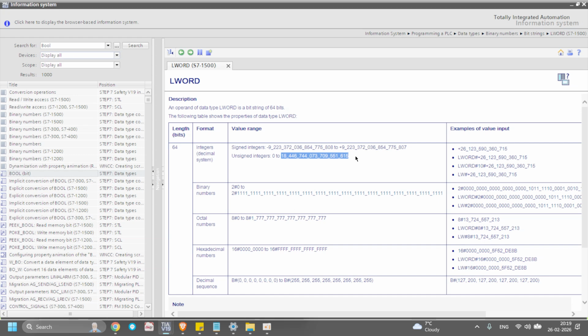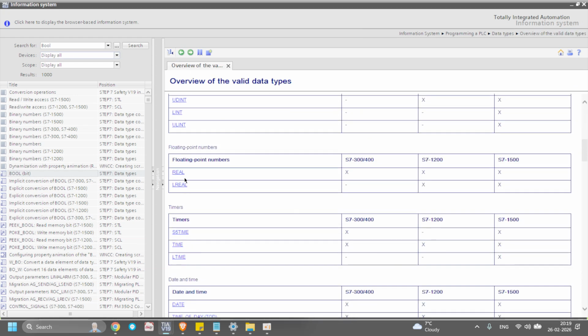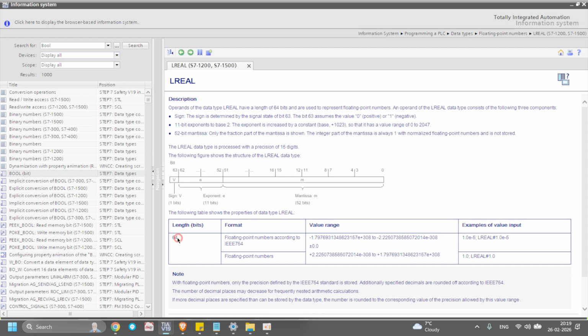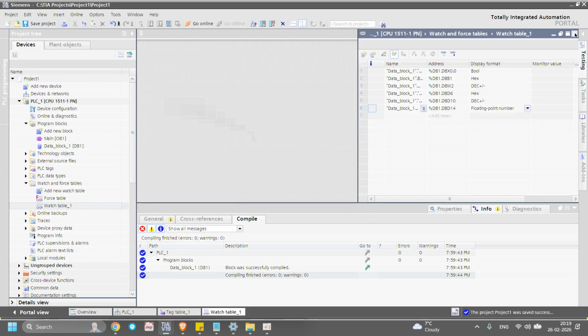Then this will be useful for you. This is a long word. In the same way, the long real is also 64 bits. Now I will open the PLC program and show you. I will create everything so you can easily understand.